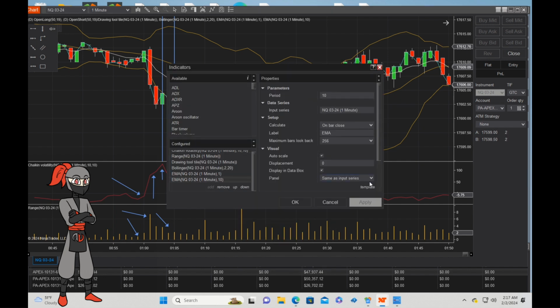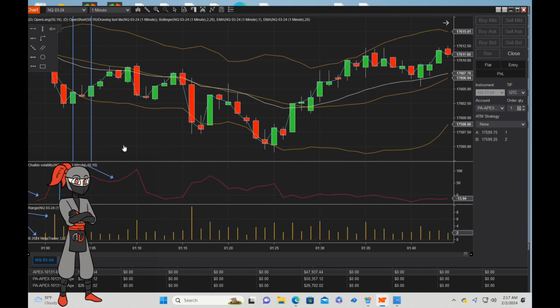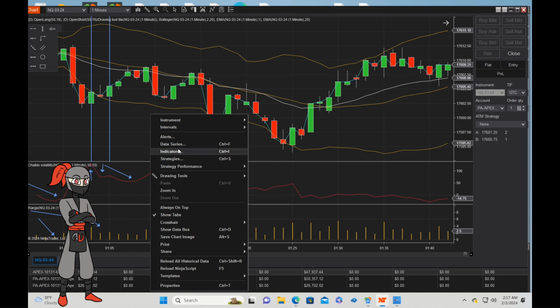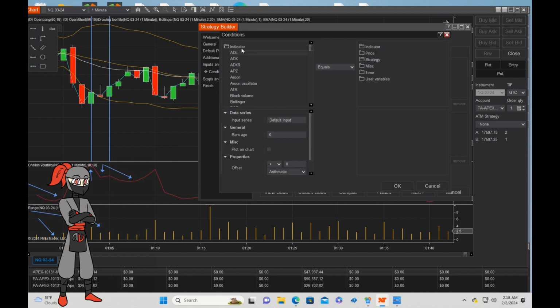So in this case, we can maybe target a second moving average. Alright, so how might that look on our strategy builder? Let's see. So first off, this set should reference